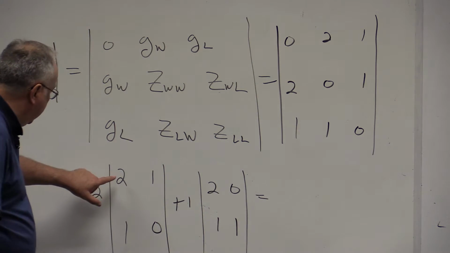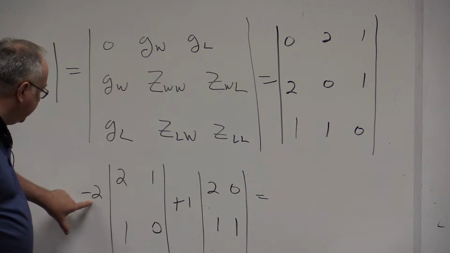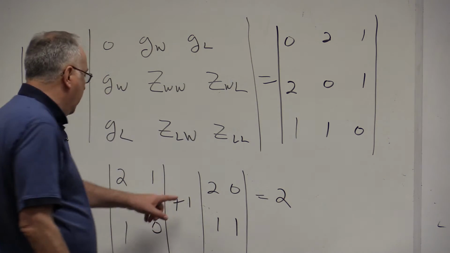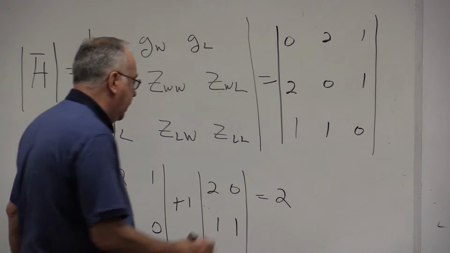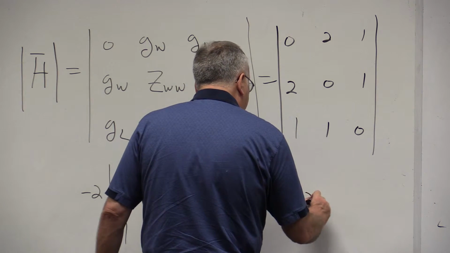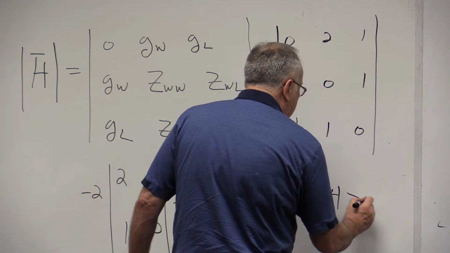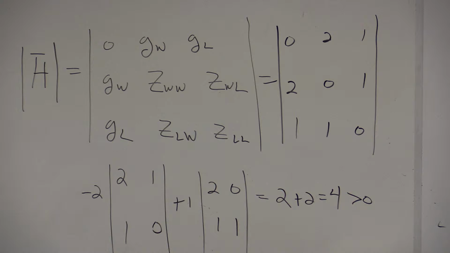So let's see. This gives us 0 minus 1 times the minus 2 gives us 2. Plus 1 times 2 minus 0 is another 2. So that is 4. It's positive. So that guarantees, Jacob, that we have a maximum at the values of W and L that satisfy the first